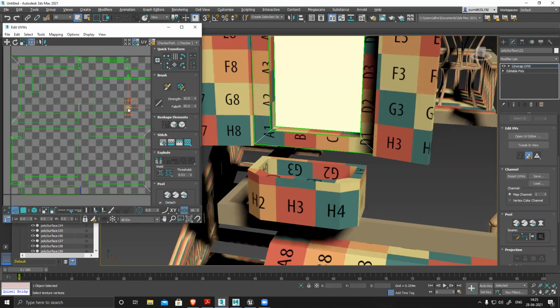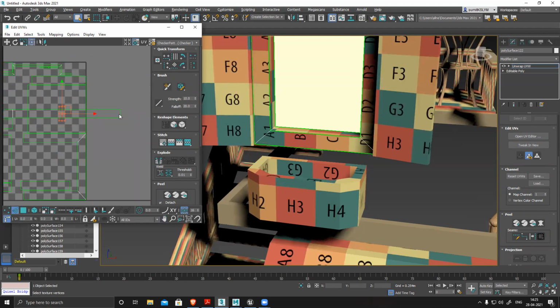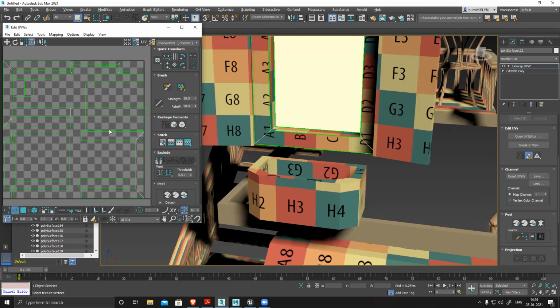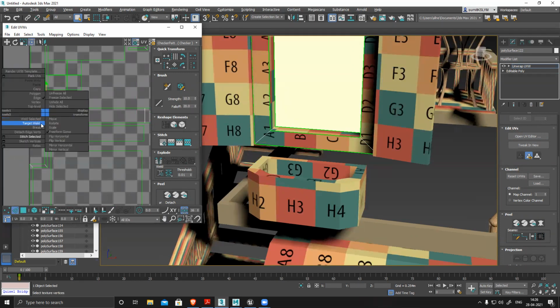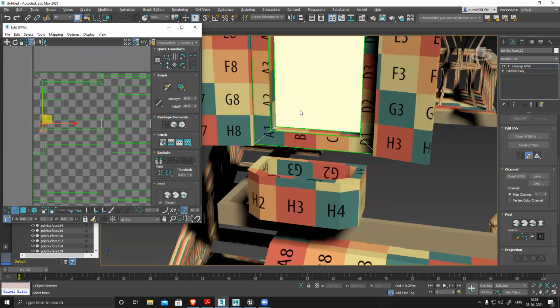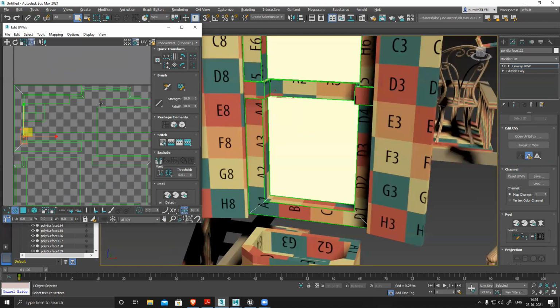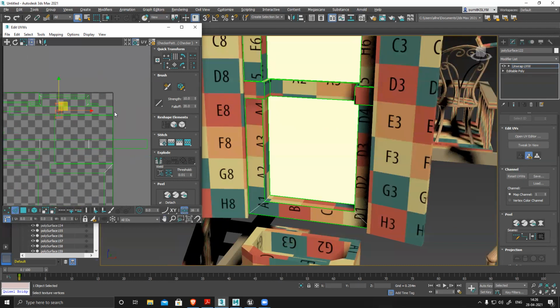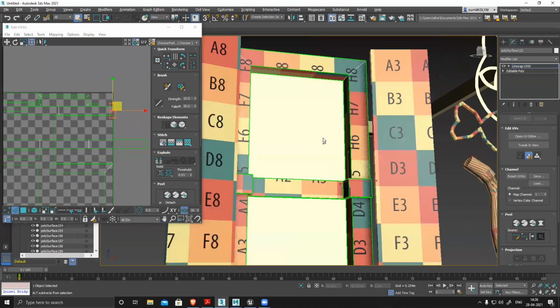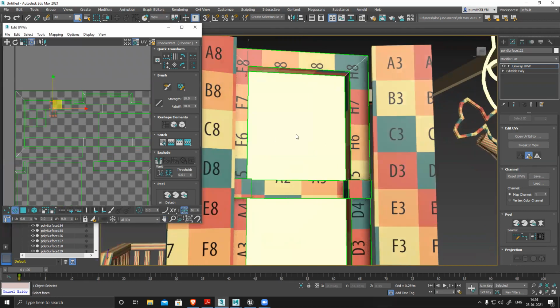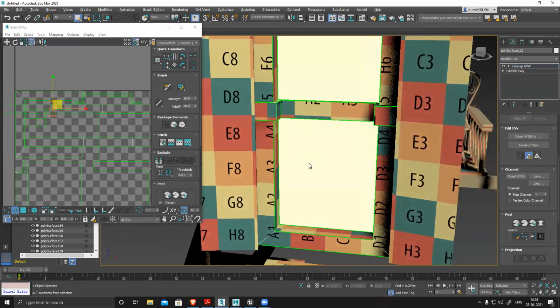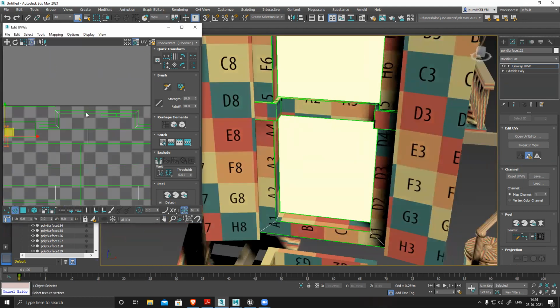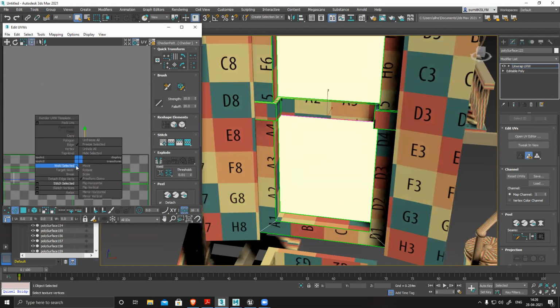Stitch selected. This side. 1, 2, 3, 4. Okay. Oh, 1, 2, 3 only. Yes. Similarly, this one. Not this side. This side. This is the selection. Stitch. This section I have to fix.